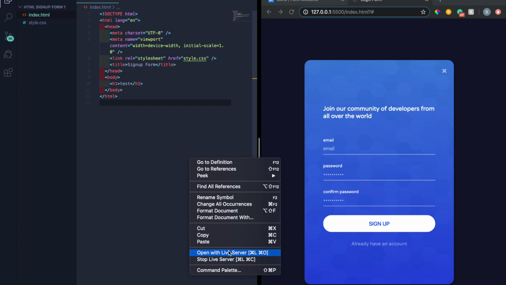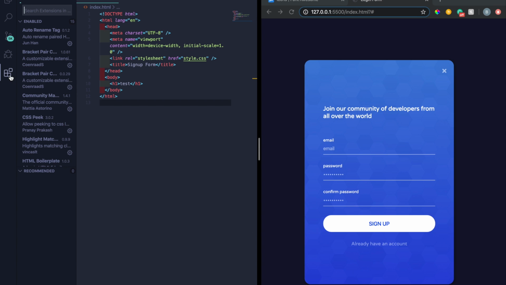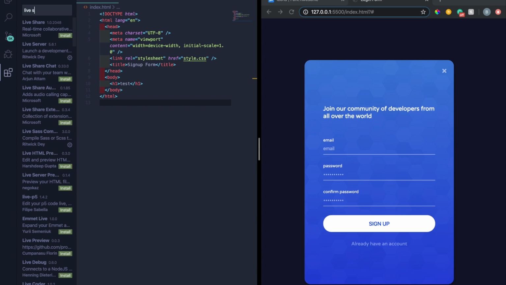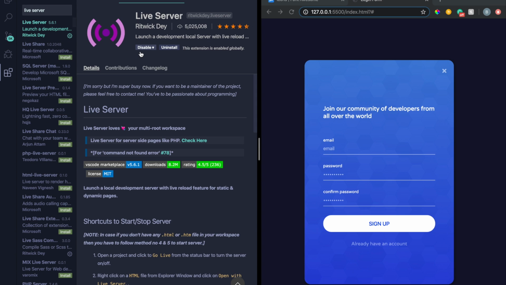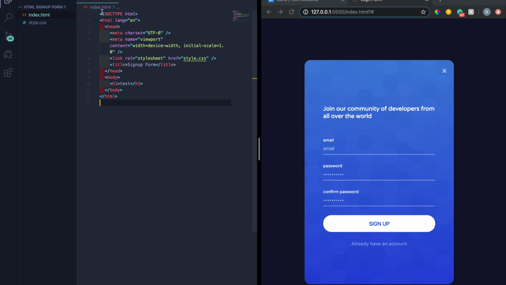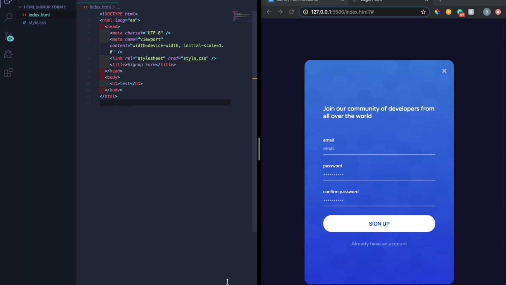So if you do not have this, go over to this button right here, extensions, and type in live server and download that. So live server, see if it pops up. Yeah, this is the one I got right here. I'm pretty sure if you've watched a couple of tutorials, you probably have this, but in case you don't know and you're literally just getting started, it pretty much saves as you go, so you don't have to constantly refresh your page. So I'm gonna open a live server,